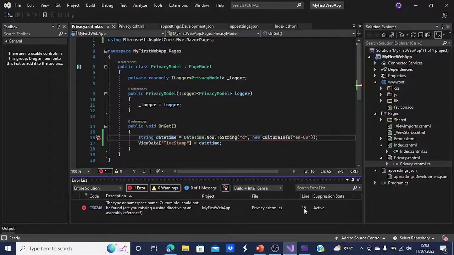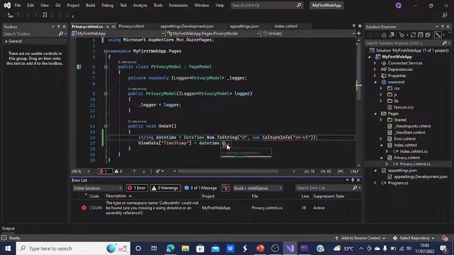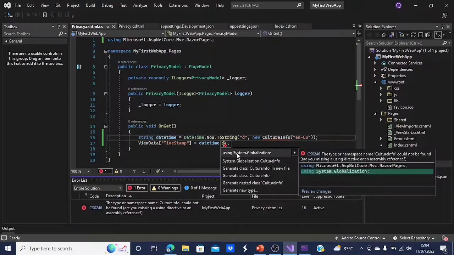Yes, let's fix the error. In the code editor, place your cursor on the line that contains the error and then select the quick action light bulb. Like here, click the bulb, loading suggestions, and we will click using System.Globalization.